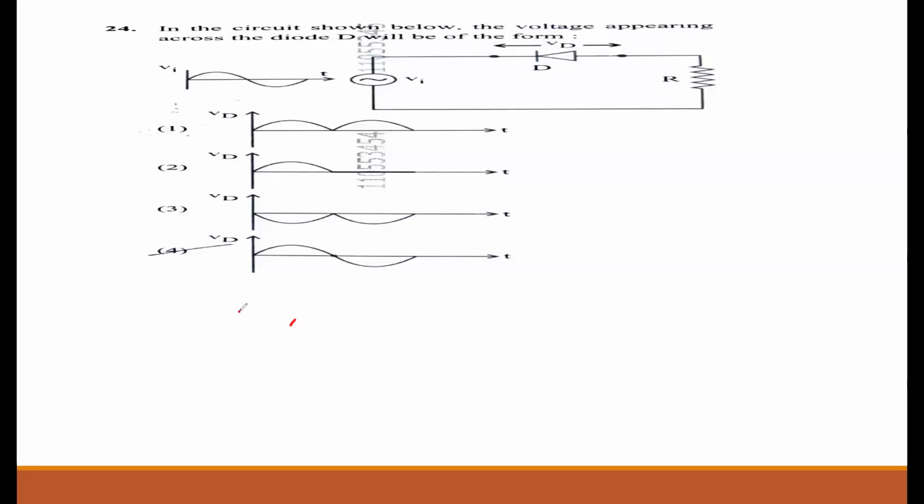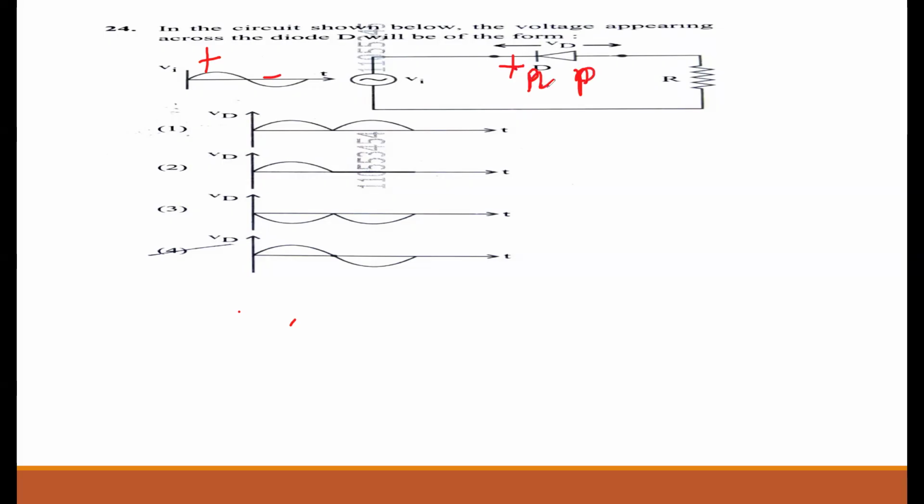Now, coming to the question number 24 here, in this circuit, it shows a half wave rectifier because one diode is used and an AC input signal is being given. So now we have to find what is the output across the diode. It's not across the load resistor. This is the point we have to remember. So at a load resistor, if the diode forward biases, output appears. But now here we have a positive half cycle and a negative half cycle. So for a positive half cycle, here P side and N side, here it is N side and P side.